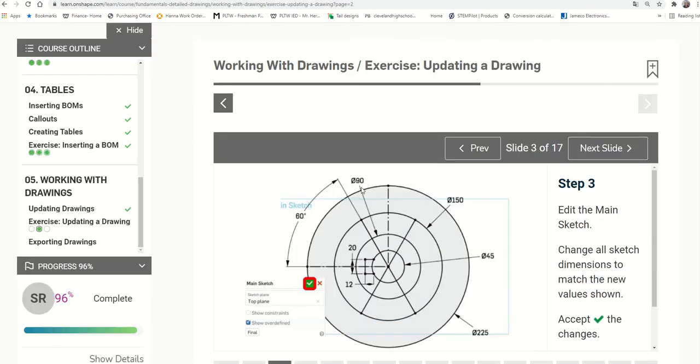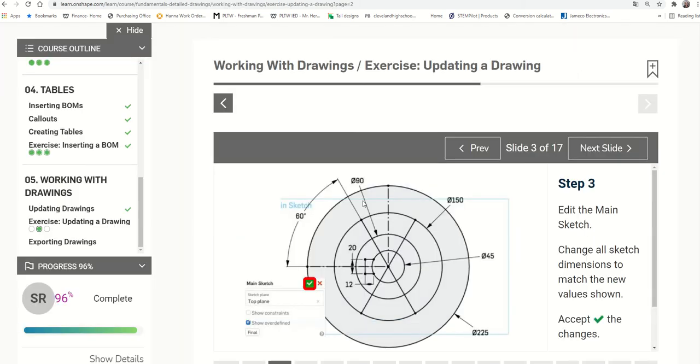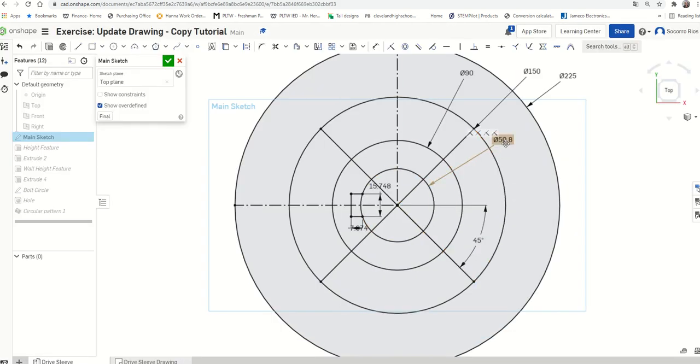This one is gonna be now 90. And the last one in the middle, the smallest one, will be 45. So I still need to change 3 more.